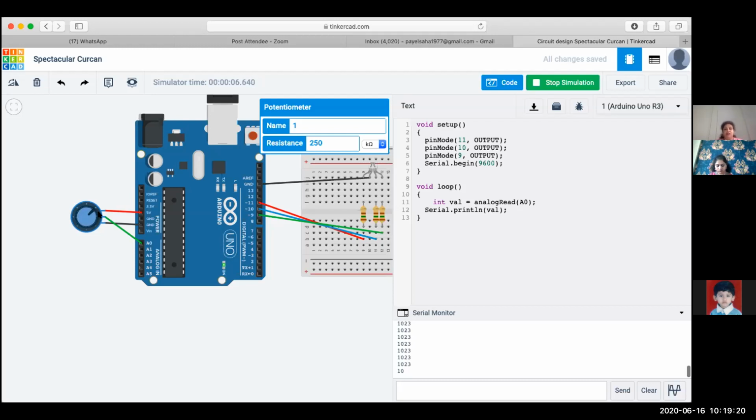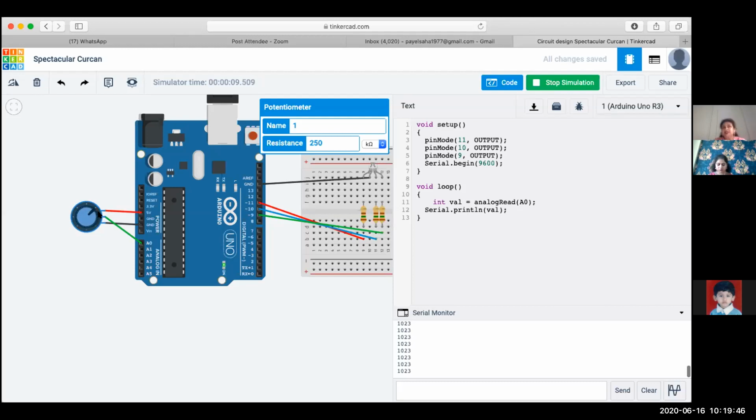So from the 0 volt position of the potentiometer to the full voltage, that is 5 volts, the A0 pin gives an output from 0 to a maximum of 1023.